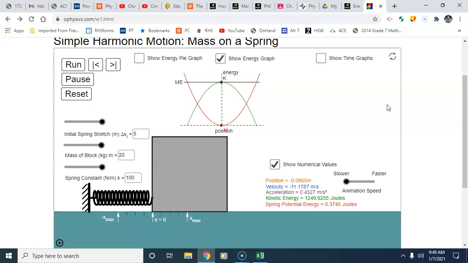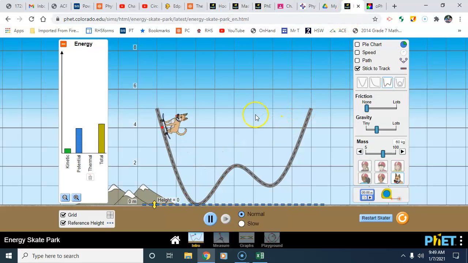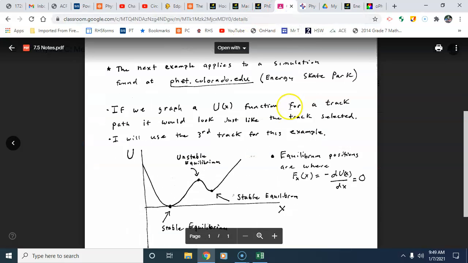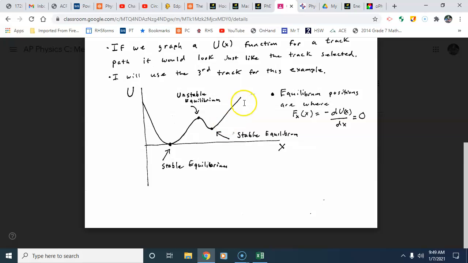All right, so that was an example of this, and there's two types of equilibrium I have in the notes that we'll get to in a second. I'm going to use a different simulation that involves not springs, but just a simple track with a dog on it for some reason. All right. So in the notes, I have a graph that looks almost just like that track, because I'm going to use that track to refer to these notes. In a situation like a roller coaster track or a skate park board track or whatever,